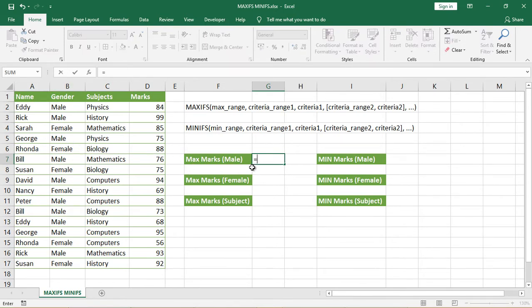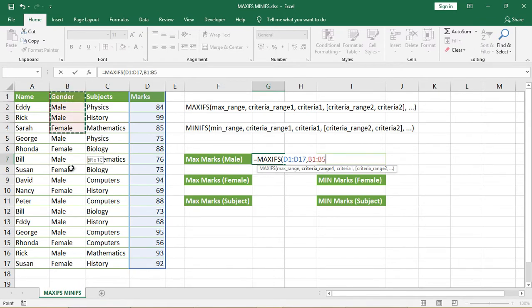So I will write the formula MAXIFS, press tab, select the range. Now the maximum range is my column D, marks obtained. So I will select that, comma, criteria range. My criteria range is the gender column,